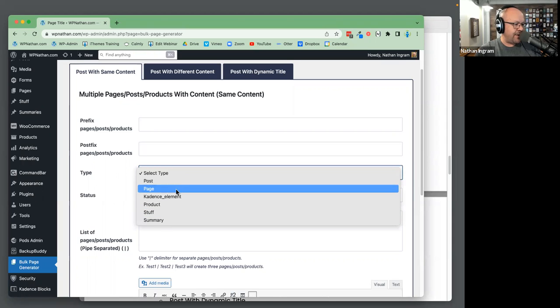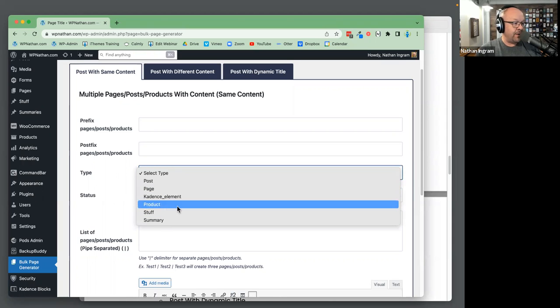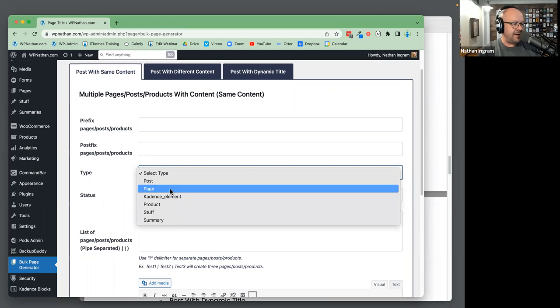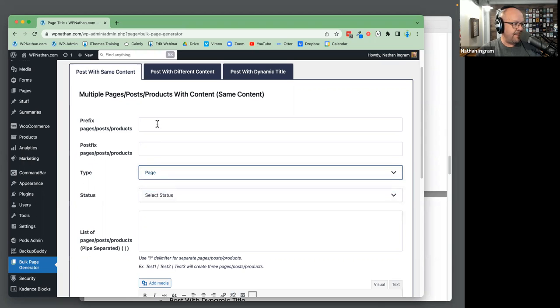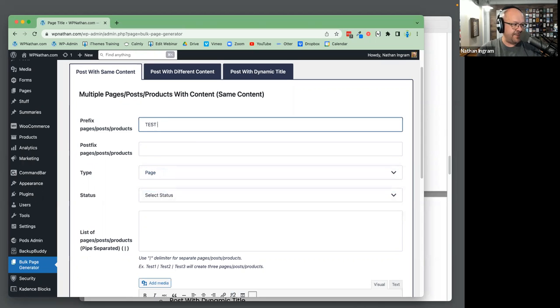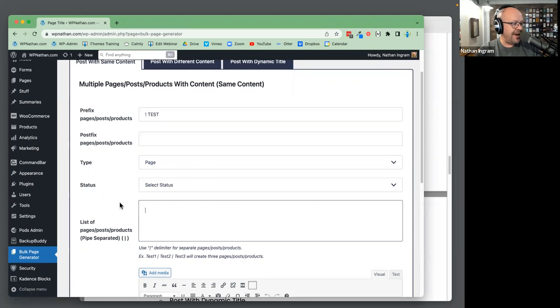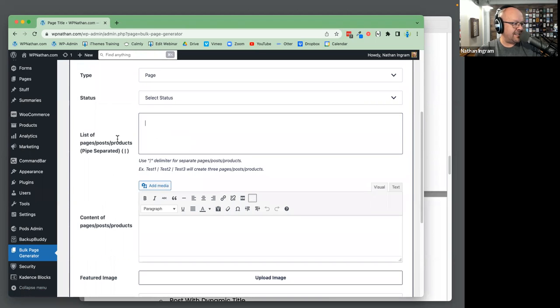Let's just do this. By the way, this can also be set up to generate WooCommerce products, custom post types. Let's just do some pages. I'm going to put a prefix of "test" so I can go delete all these later. Actually, I'm going to make it an exclamation point so it starts at the top. And then we're just going to make a list of pages and posts. So we're going to call this test 1 separated by a pipe, test 2,